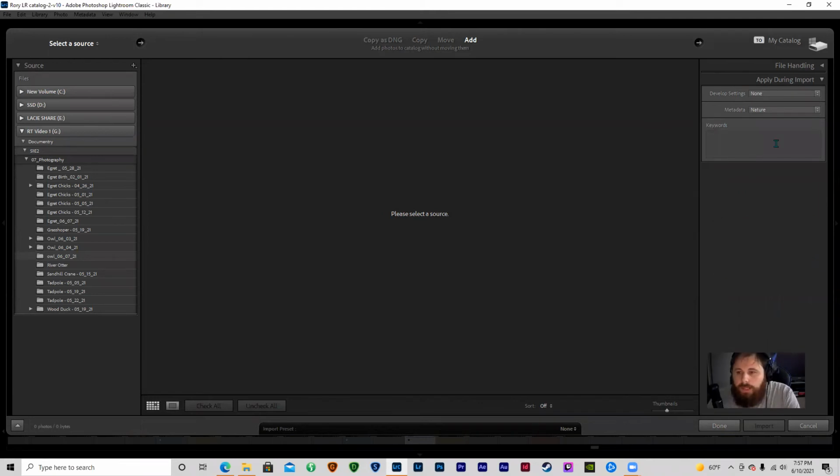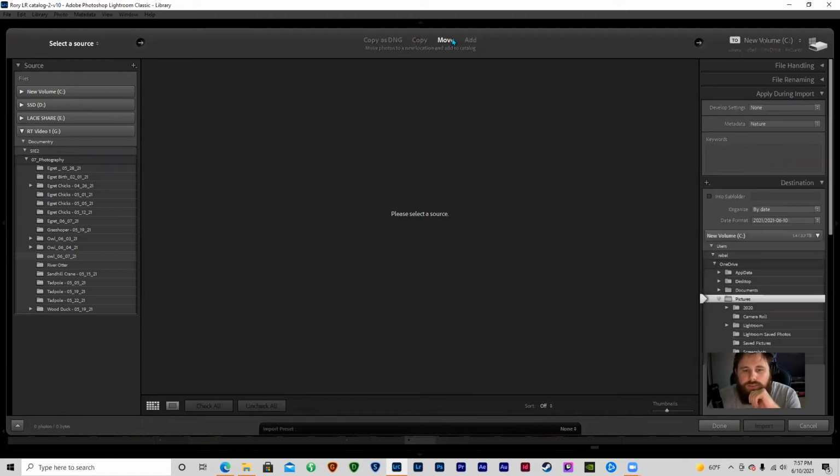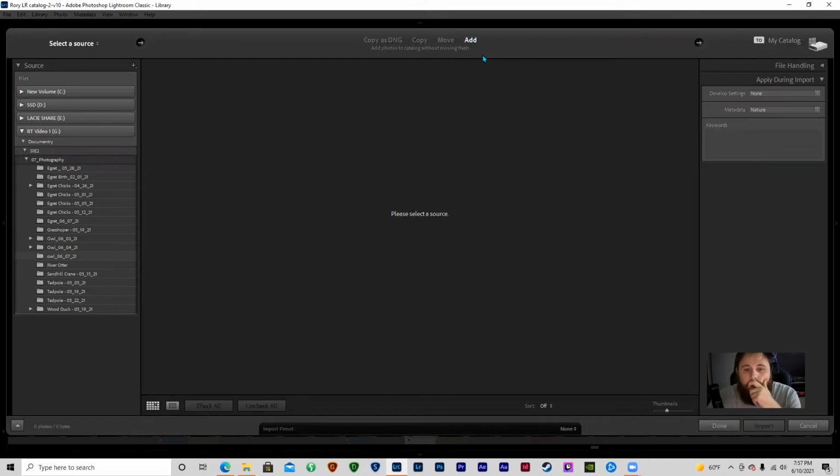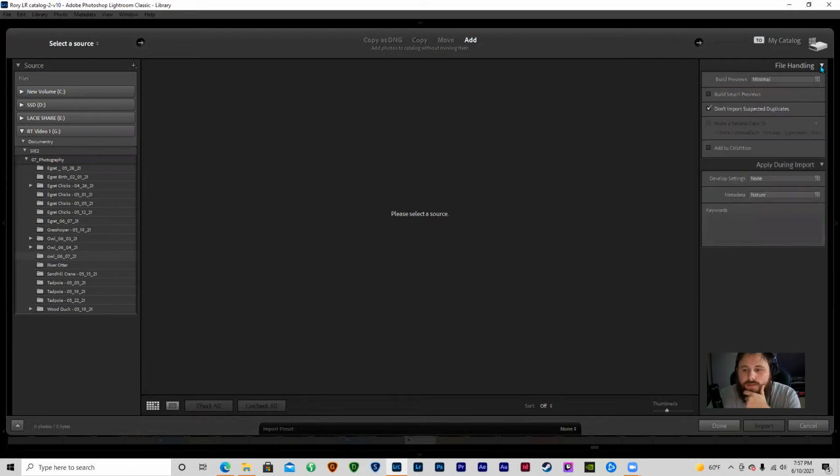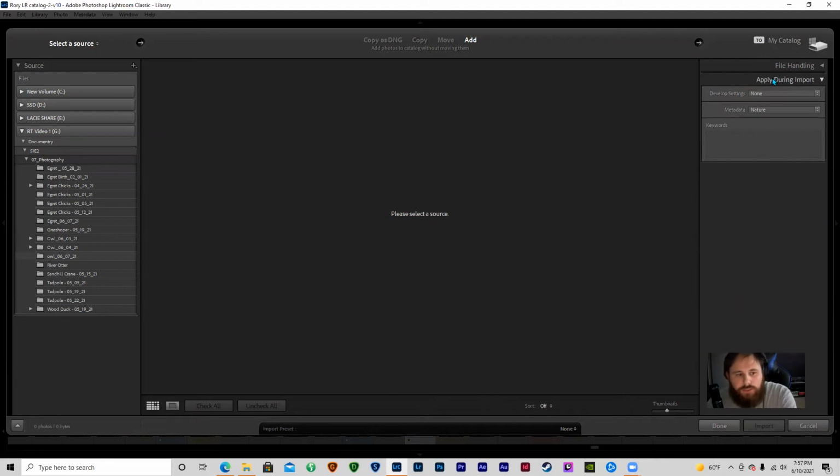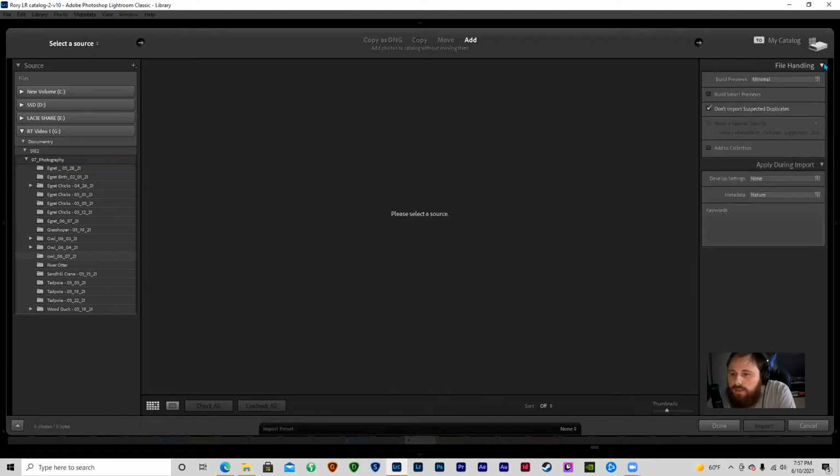Now, here you have your select your source. You have copy as DNG, copy, move, or add. And below, it'll always tell you really what it's doing. And then you have to my catalog, file handling, all this stuff. Well, we can get to that right now, actually, might as well. So file handling,